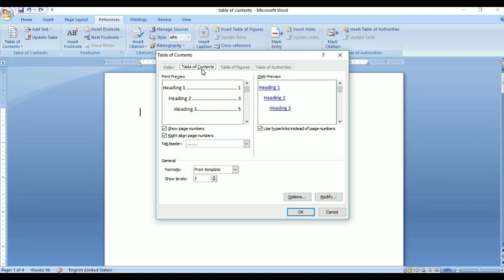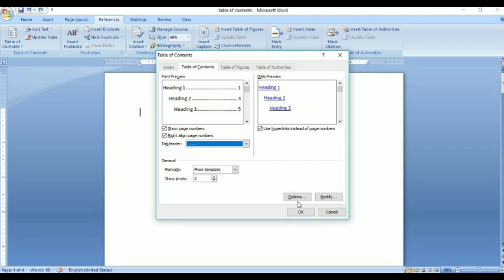By default it selects the table of content tab. Preview of this is like this. It shows the two check boxes are checked. That means it will show page number. A page number is right aligned like this. This is the page number, on the right side. Clear? Tab leaders like dots. So here dots are visible. If you want to use a line, select this line option. Lines are visible. So dot is much clearer.